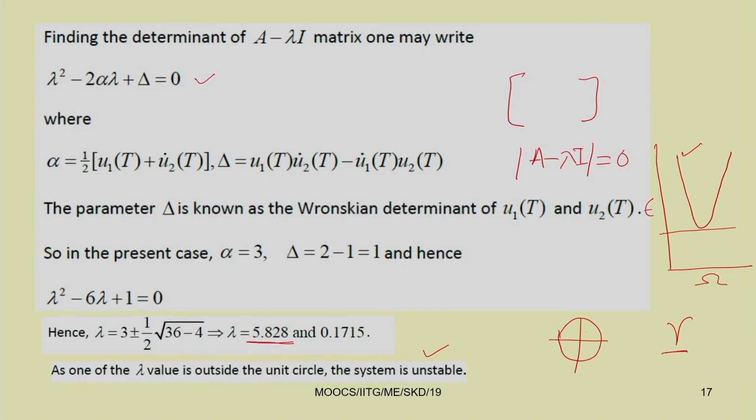Next class we will take Hill's equation and find the Hill's determinant also. Also we will use the method of multiple scales and other different methods to find the parametric instability region. Further we will use different continuous systems and try to reduce those continuous systems to a single degree of freedom system and multi degrees of freedom system to find the parametric instability region and the response of the system. Thank you.